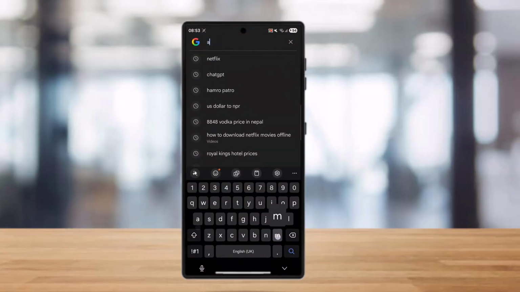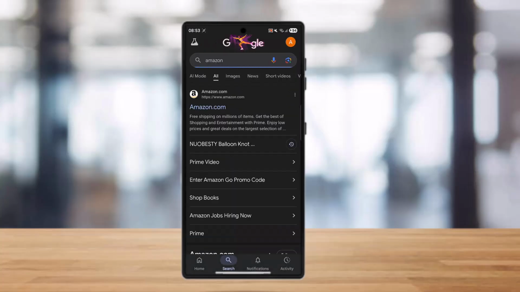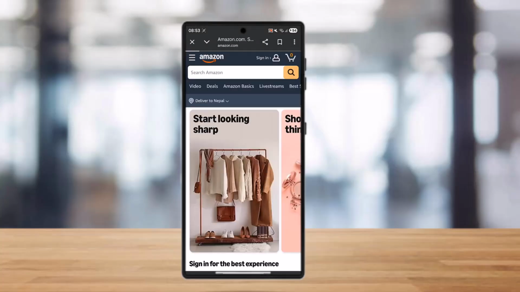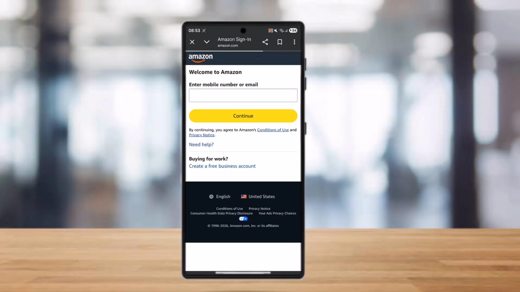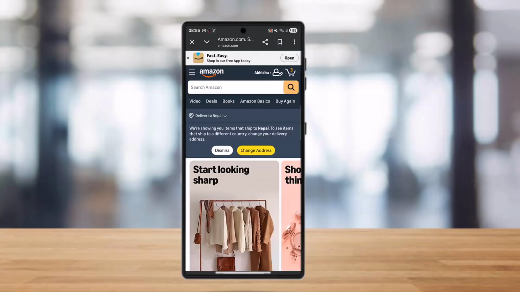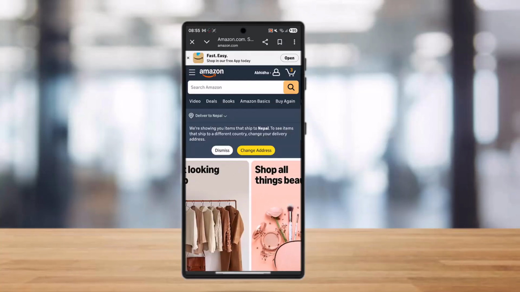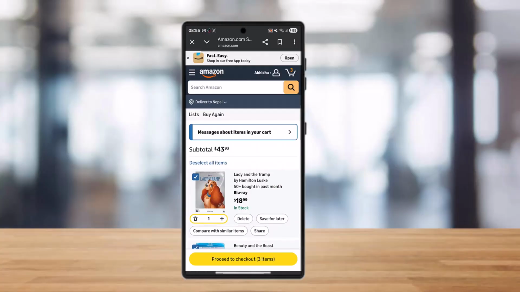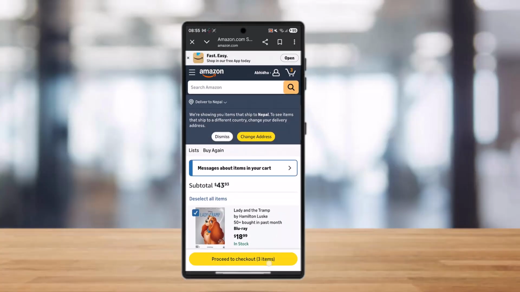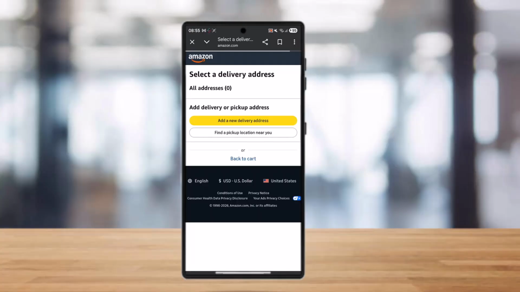So if you want to track your Amazon orders, you need to first of all go to Amazon. Once you're in Amazon, you need to log into your account. Once you have logged into your account, you need to go to your orders section. So once you are in your orders section, you can simply go and tap open your track your package